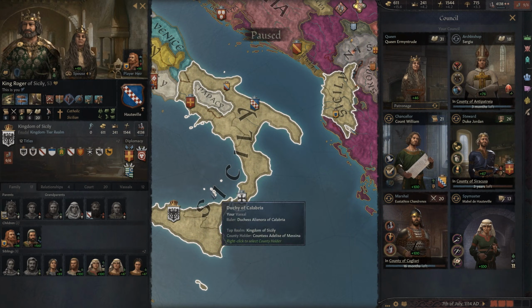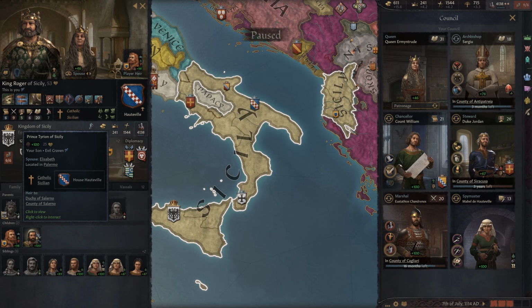If you didn't know this, your children, you can determine their lifestyle at age 6. And then that becomes what they learn as they're going through their coming of age. Once they hit 16, they then become a full-fledged character, right? Well, if they are a landed character, then they will continue to grow in their lifestyle.